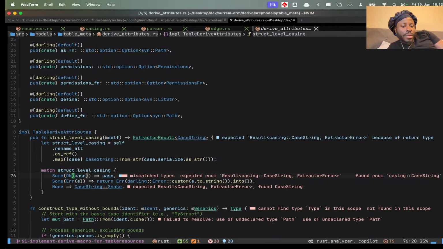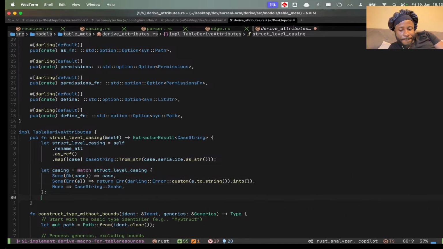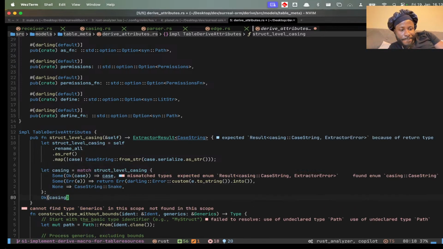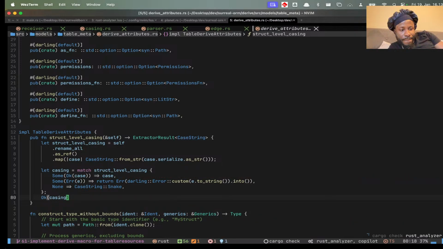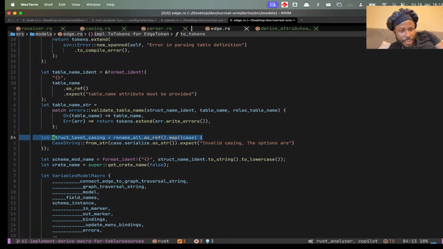We could just do Ok. Okay. Yep, so we can get struct level case in there. Yeah, we could do